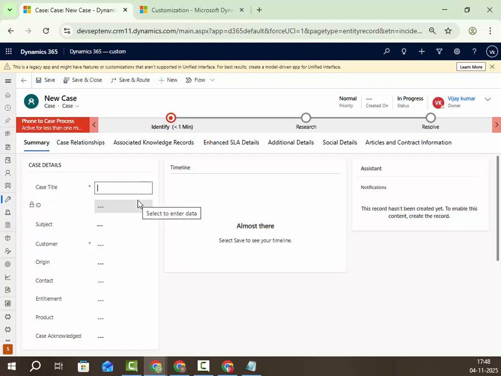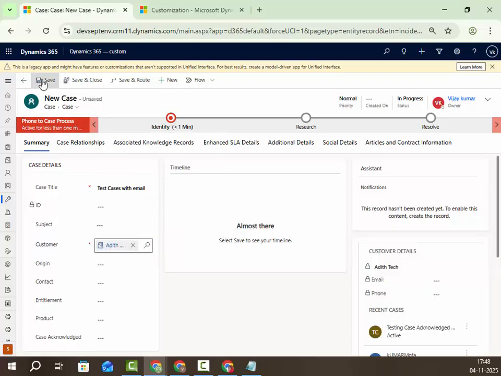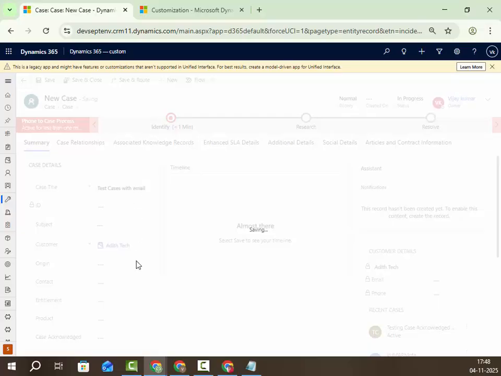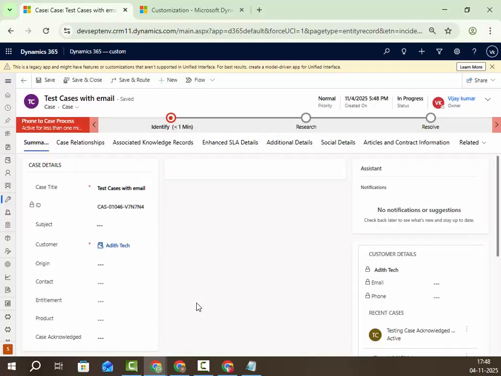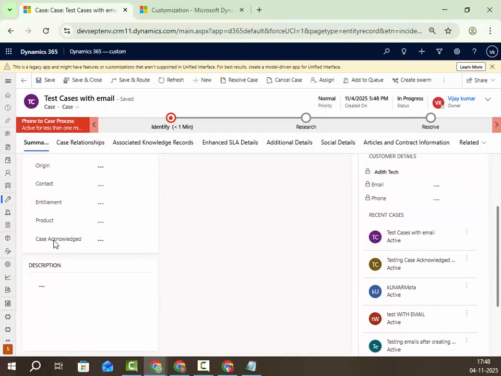Test cases with email and customer, any customer name we can select, save it. So case is created. So when update record, right, when case is created, automatically case acknowledge should be yes, and